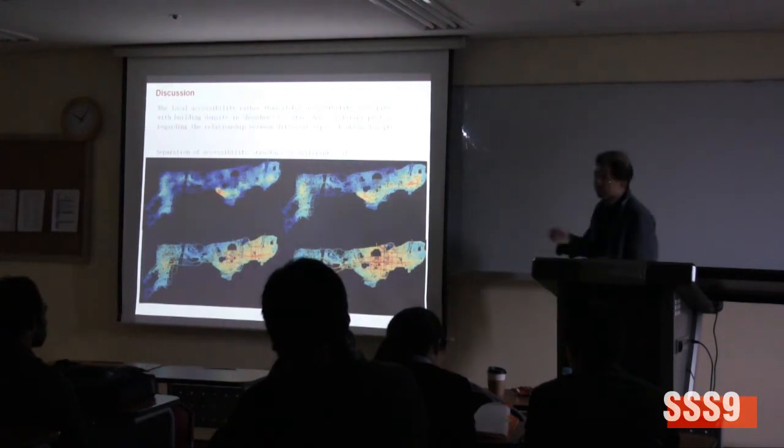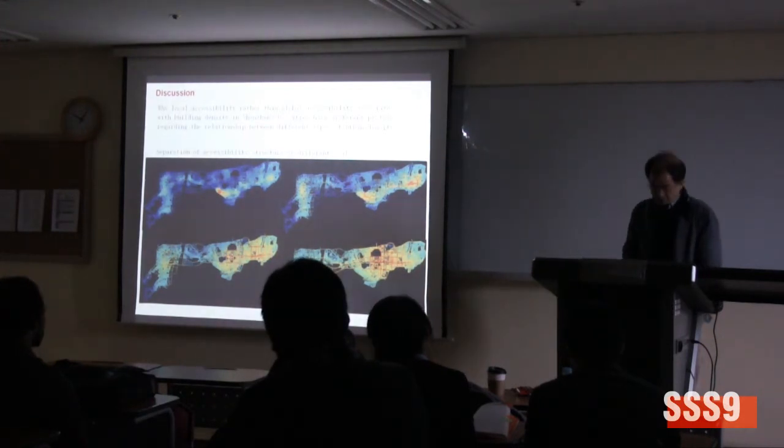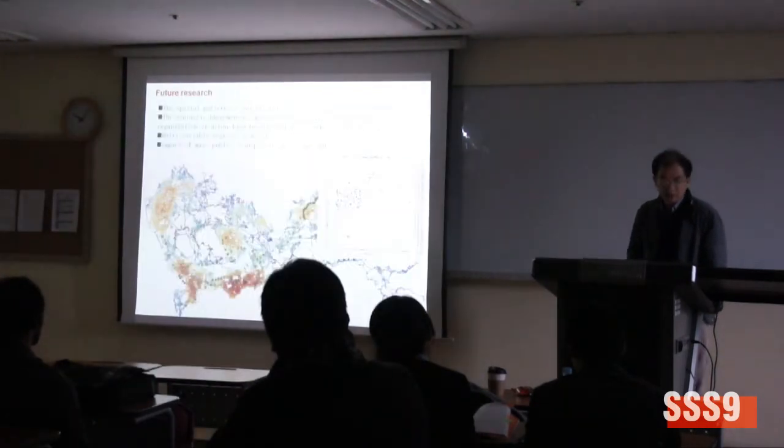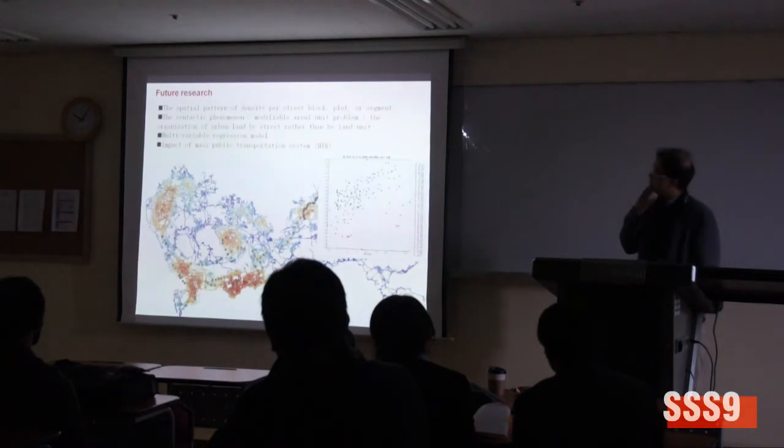Do cities have different profiles regarding the relationship between the different types of urban density? And for future research,